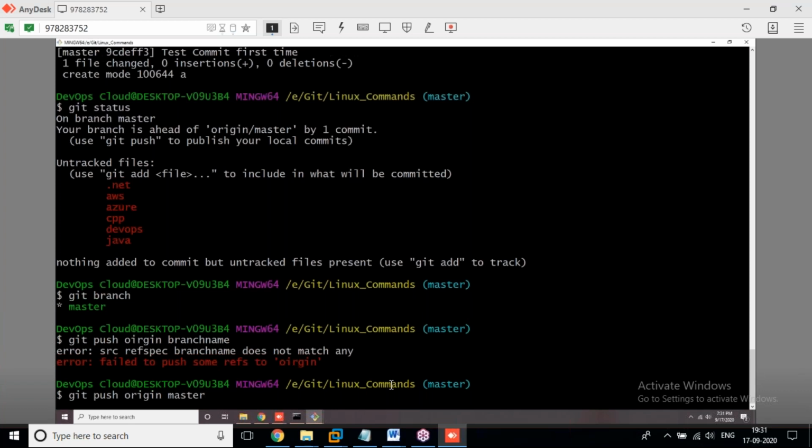How many files are located in the committing area? Out of those files which are already committed and already sent to the remote repository, if you have any modifications on those files, we can send them. If you don't have any previously pushed files, we can't send it.